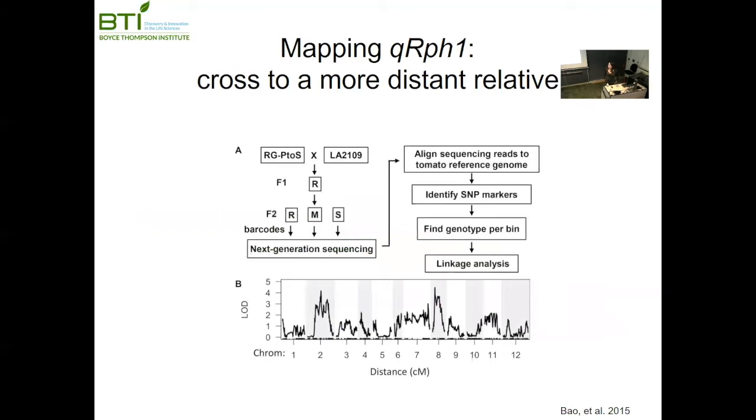So this is from his paper, an overview of how we did the analysis. He crossed PTOS, which is essentially cultivated tomato, to Habrochytes, developed an F1 and then an F2 population. The F2s were barcoded individually and then sequenced, and then we aligned these to Heinz. We called SNPs. One of the problems we ran into is that the read depth was a bit on the low side,